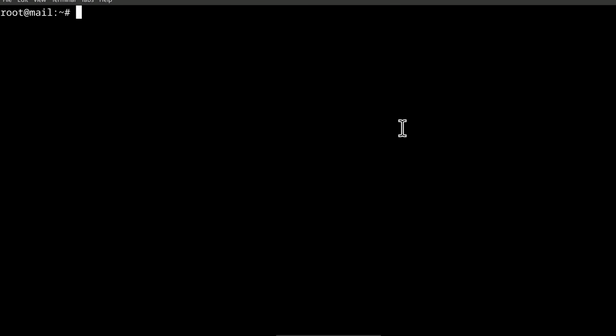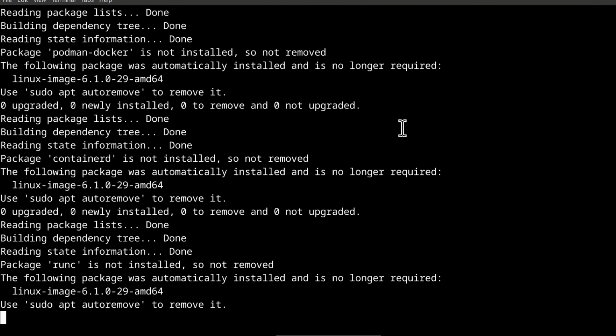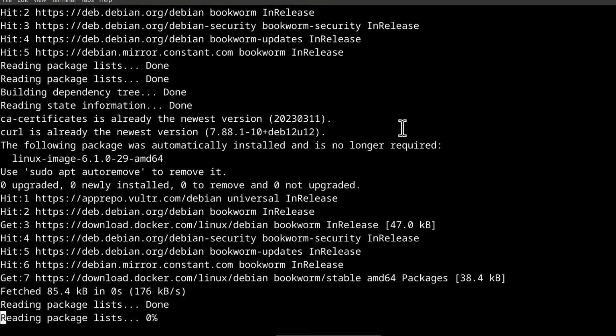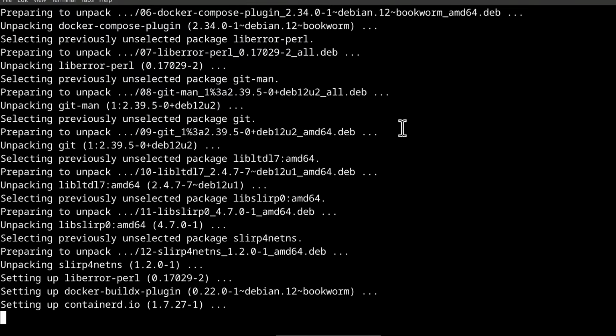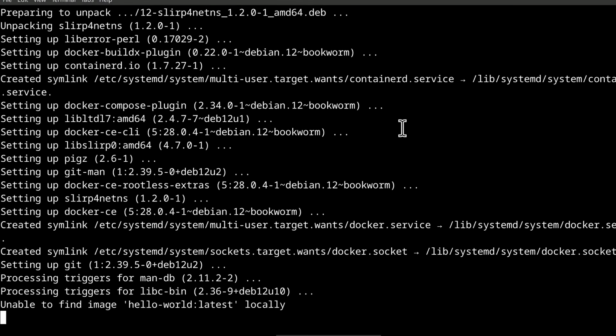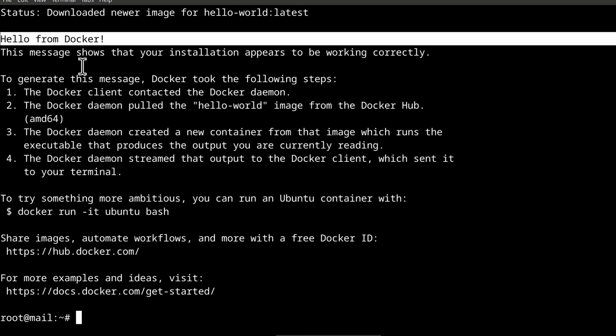Control L to clear the screen, Control Shift V to paste. Run that. So that has installed Docker, and you can see the hello Docker has been successfully run.